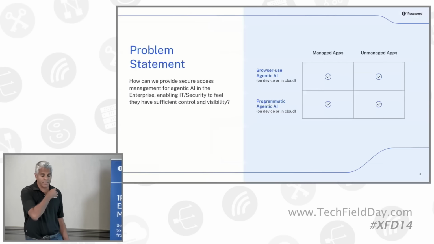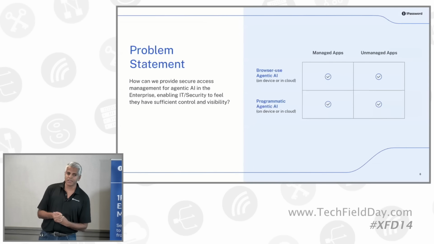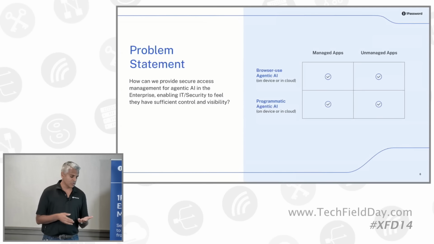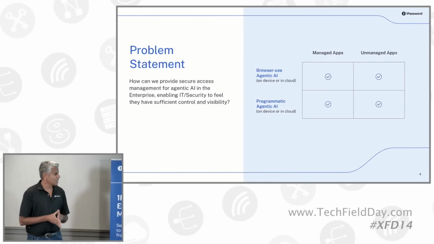So, double clicking on the security for AI. The mental model that we have is basically there are two main types of agentic AI, differentiated by how they interact with applications. One you might call a browser-use style agentic AI. This is an agentic AI that drives a headless browser in order to interact with the world, right? And this browser could be on your laptop, or it could be remote in the cloud. And it's an LLM that's driving this.